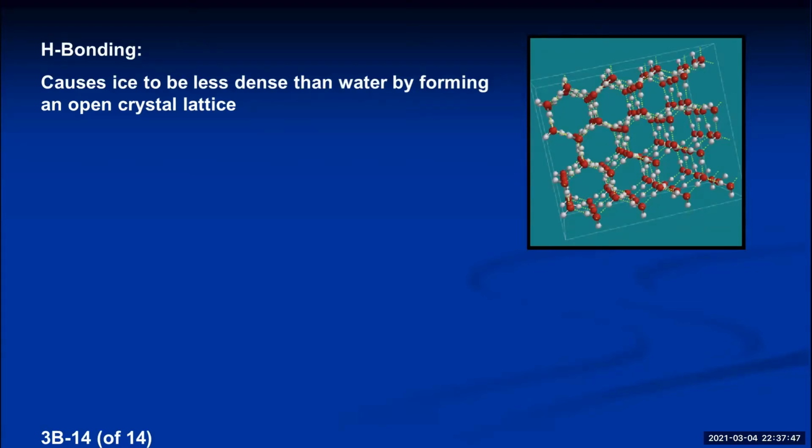Water molecules in the liquid phase are close together. But when you cool them down and they freeze, they form these crystals, and you might recognize that picture of the ice crystal we showed earlier today. Because the waters hydrogen bond with each other, the hydrogen bonding makes waters form in little groups of 6 that make a hexagon. And you see this right here? That's called empty space. So in ice, the water molecules are actually spread further apart than they are in liquid, so ice winds up being less dense.